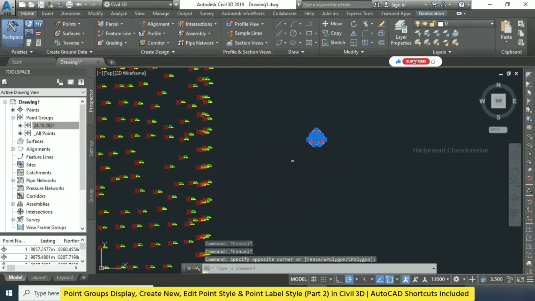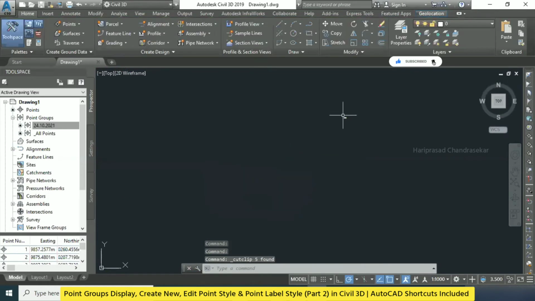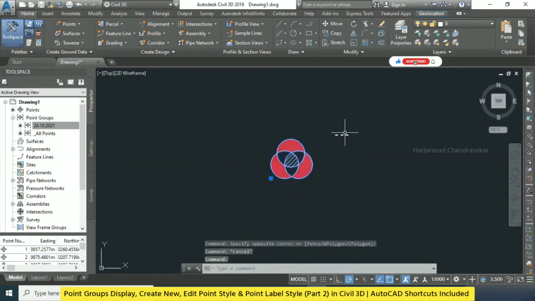Now I will just take this, Control X. Okay, Control Shift V, paste as a block. So now it became a block. Very simple, we can make blocks. So this command you are aware of? Yeah, everyone knows. This is simple. Now, mostly in the construction industry, everyone used to do this block method, the paste as a block method.